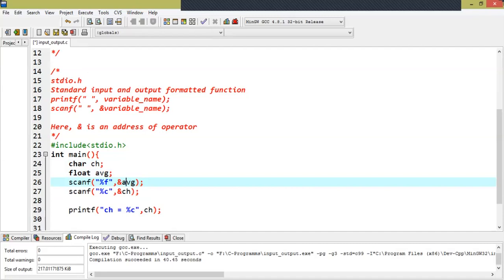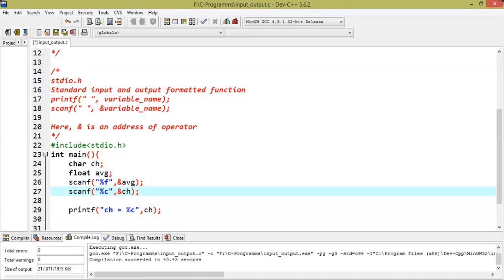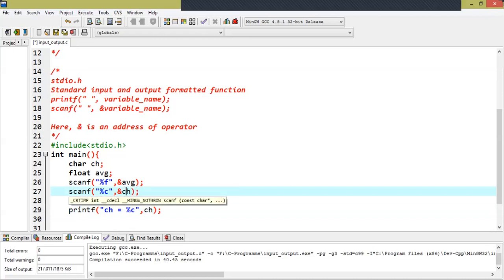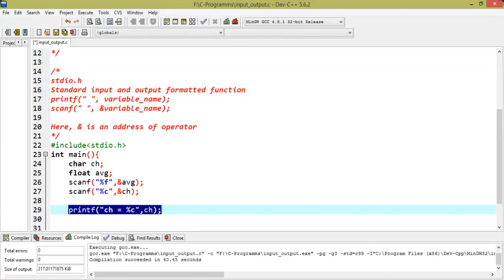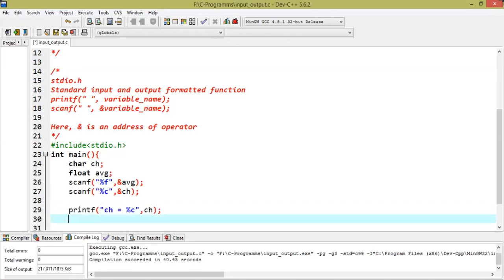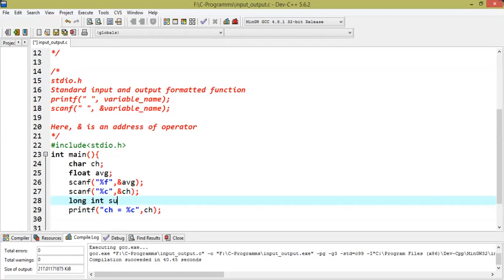Now one important point you should remember, it is not mandatory to use printf when we also use scanf. It is not the requirement. Scanf is only for taking input, and printf has no idea whether the value is taken as input or directly given by the programmer. The job of printf is only to print the value. So it means without taking input also we can print the value. Suppose we are declaring a long integer sum equal to some number.